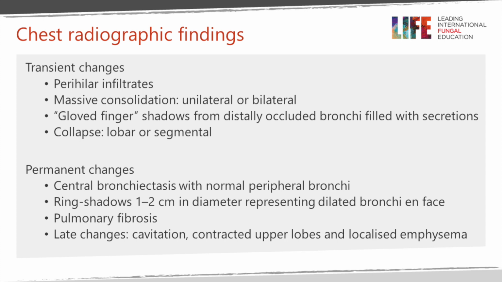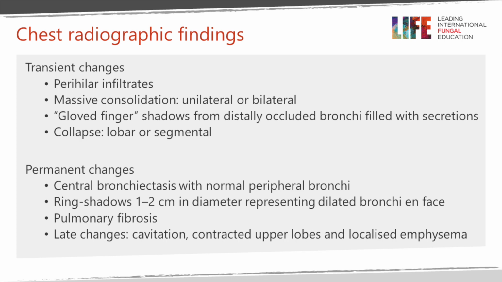Essentially, if you block a bronchus, you'll then get changes distal to that. Sometimes just infiltrates close to the hilum, sometimes complete consolidation, sometimes collapse. But the most characteristic feature, and if you see this you can be reasonably sure that it's ABPA, is if you get a gloved finger. On a CT scan this may look like a rabbit's ears, and this is due to the secretions building up